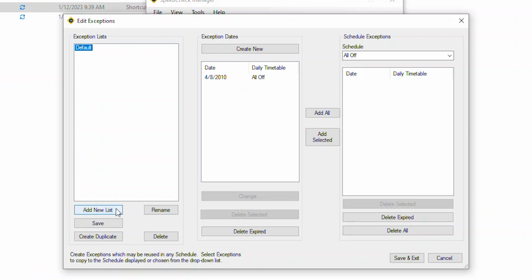So I'll just start by saying we'll make a list for when there's no school. Some people have been making different folders. One's for when there's no school, so one for holidays that stay the same every year, and one's for ones that always change, so that you don't have to go back through every year and change everything around. Because these exceptions are things you'll have to go back through at the beginning of the school year and reset to match your school schedule and the year's holidays.